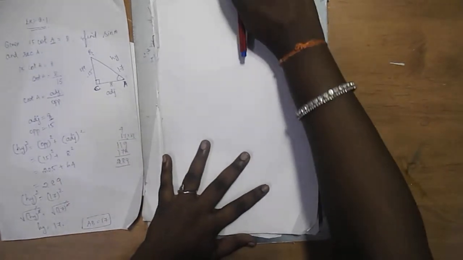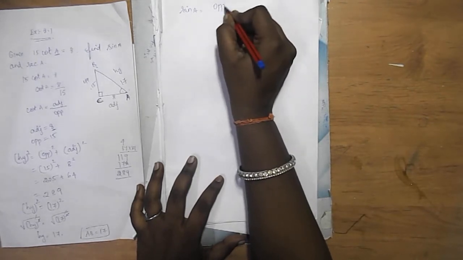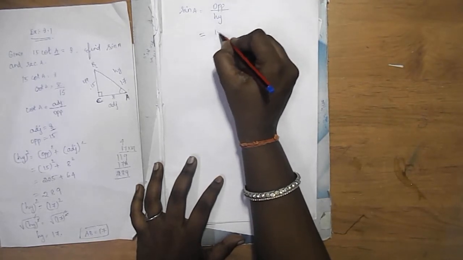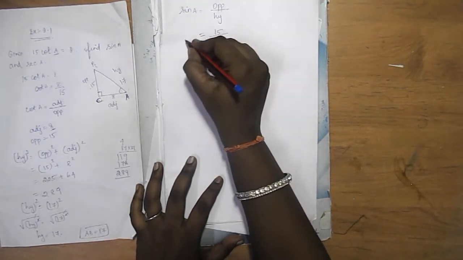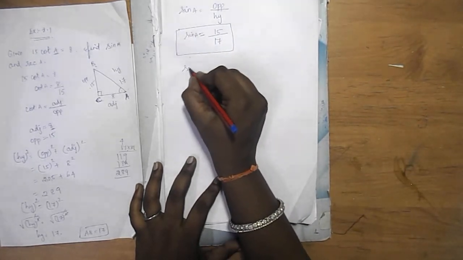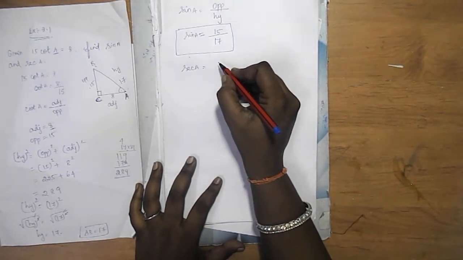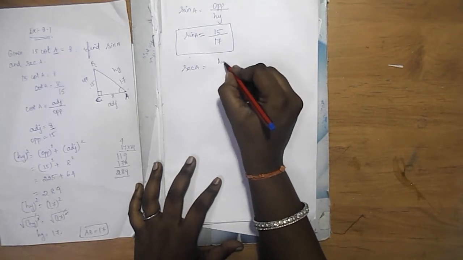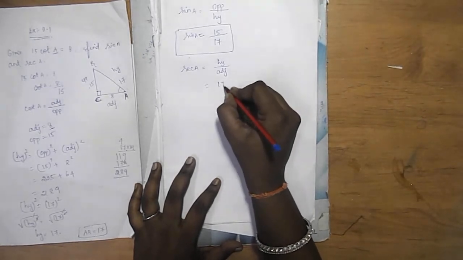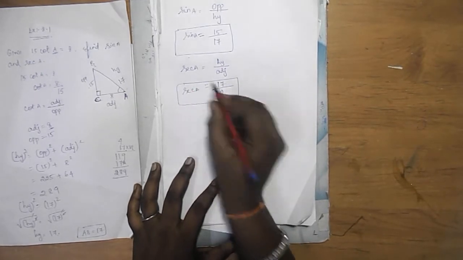So next we find out the sin A. So sin A. What is the formula of sin A? Opposite by hypotenuse. Here opposite value is 15. Then hypotenuse value is 17. This is the value of sin A. Next secant A. Secant A formula is, this is reciprocal of cos A. So hypotenuse by adjacent. So where hypotenuse value is 17 and adjacent value is 8. This is the solution of secant A. So the sum will be finished.